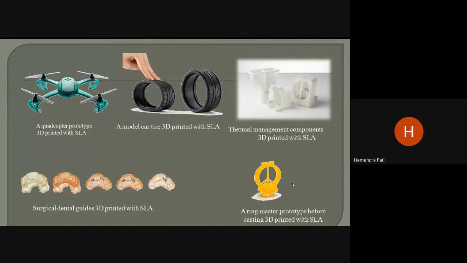If we talk about engineering SLA resins, engineering resins simulate a range of injection molded plastics to provide engineers with a wide choice of material properties for prototyping, testing, and manufacturing. All engineering resins require post-processing under UV light to reach their maximum mechanical properties. Or we can get tough resins like ABS. The advantage is high stiffness and excellent resistance to cyclic load, but it is not suitable for parts with thin walls. We cannot make a part with a thin wall, and it has low heat deflection temperature.